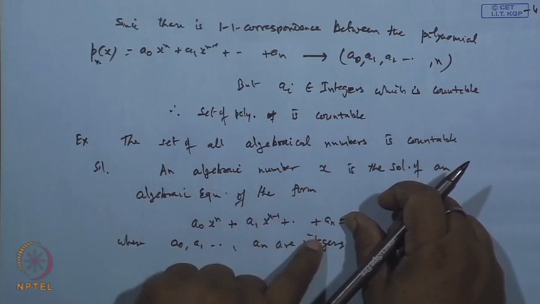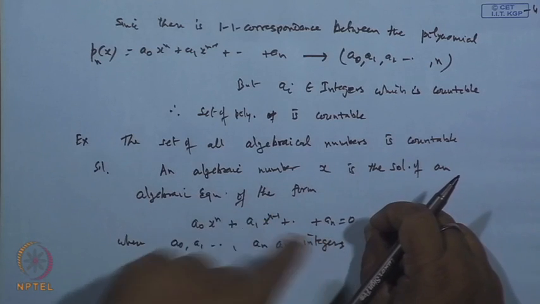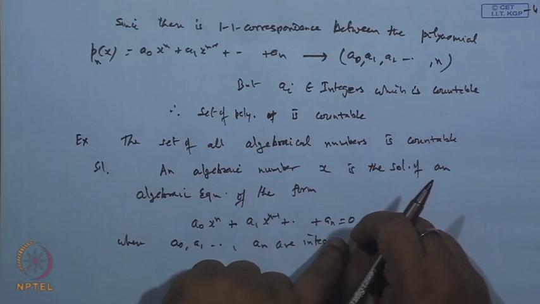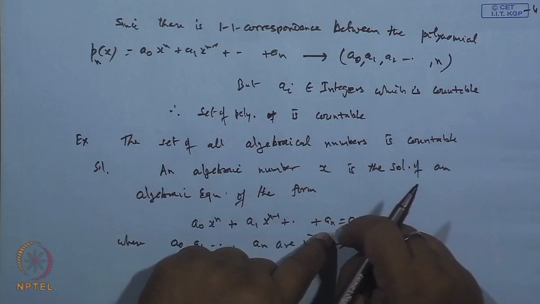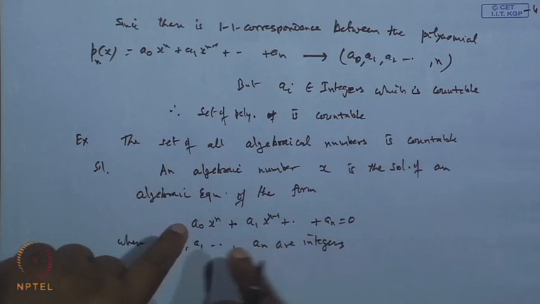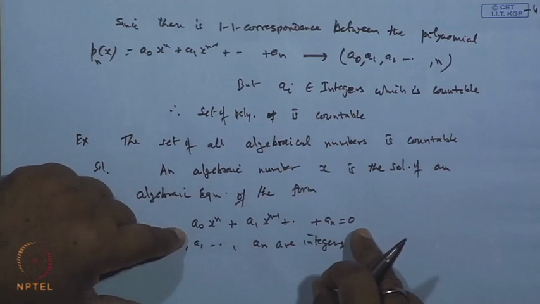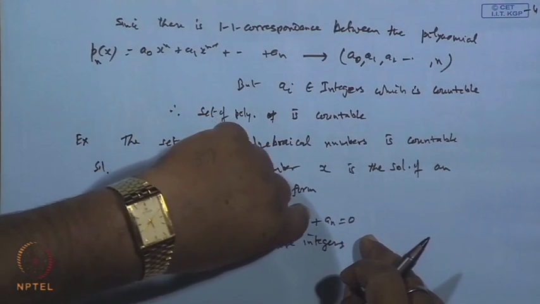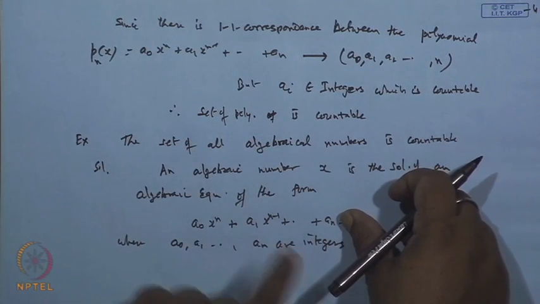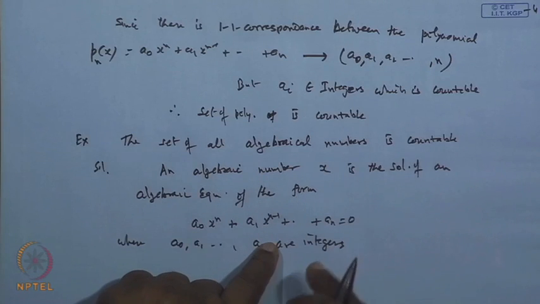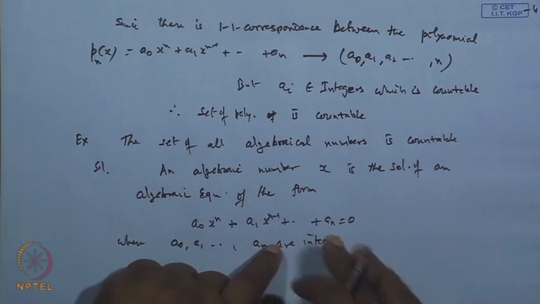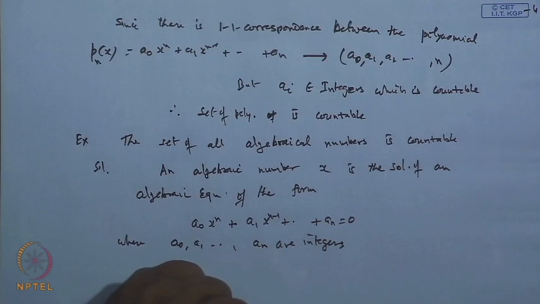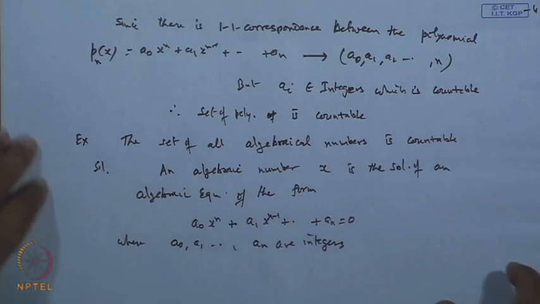So, once the polynomial, when we put it equal to 0, you are getting an algebraic equation. So, the roots of this algebraic equation will be at the most n. So, these n roots will satisfy this equation. So, each equation will have the roots, and since this collection of polynomials is countable, therefore the set of all algebraic numbers which are the roots of these equations will be countable. So, we can write it like this, since